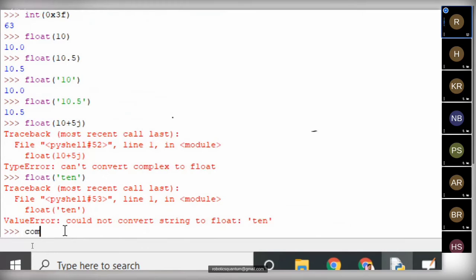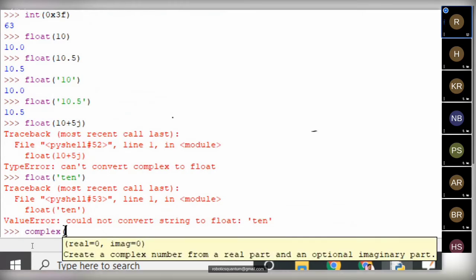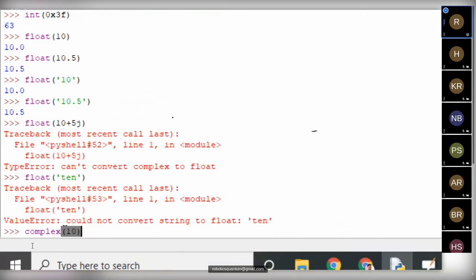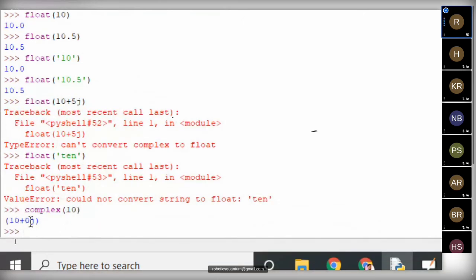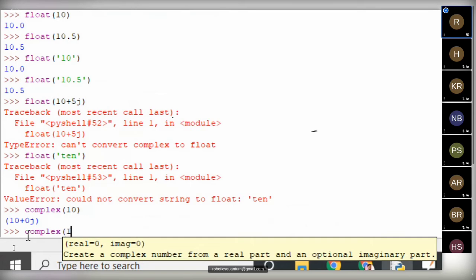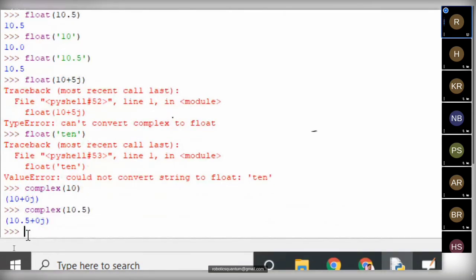Likewise, we have a complex function also. The complex function is used to convert a number to a complex number. Complex of 10 gives 10 plus 0j. The real part is 10, the imaginary part is 0j. Next, complex of 10.5 gives 10.5 plus 0j.